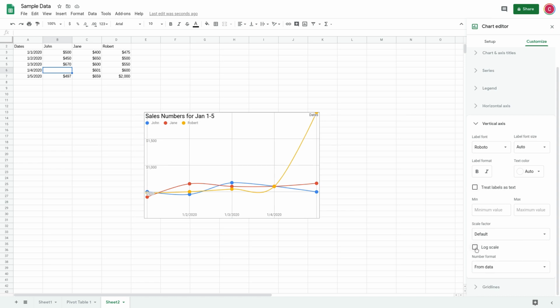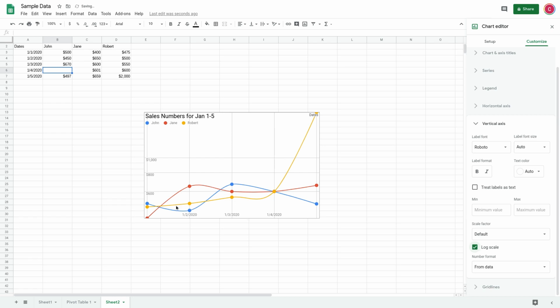What I'm going to do here is switch this over to log scale, and by default you can see all of this space down here, and 0 to 500 takes up the same amount of space as 500 to 1000, takes up the same amount of space as 1000 to 1500, and so on. Once I switch this over to log scale, you can see all of the blank space at the bottom of the chart is gone, and the